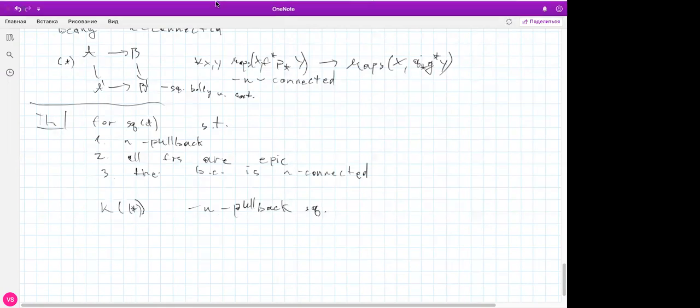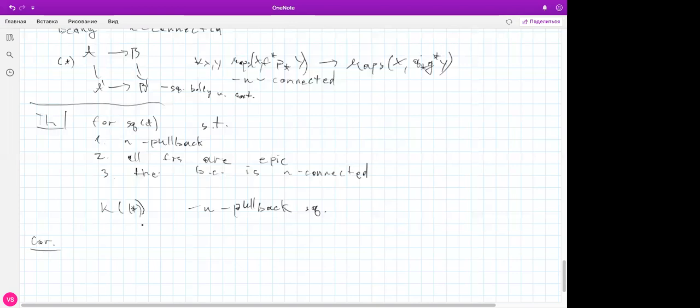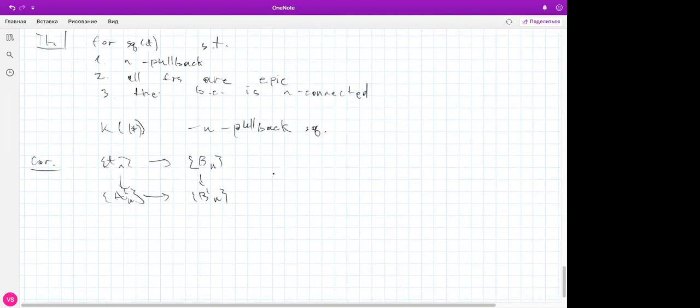And now, of course, you have, can you give me like 2 more minutes? Sure. You have a corollary that you can talk about pro systems. Well, this is actually not an easy corollary, but anyway, you have it. That if you have a pro square of stable infinity categories with the corresponding conditions being the weak analogs of these conditions,